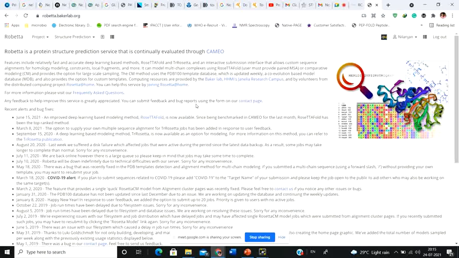Sometimes if you fail to get a proper good structure, you might mail them that you're not getting a proper structure of this particular protein. They're going to check your protein, take a look into that matter, and solve your problem for you. For that they require a dedicated team, and this team requires a pay balance, right?